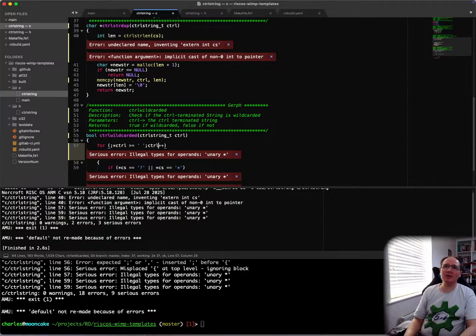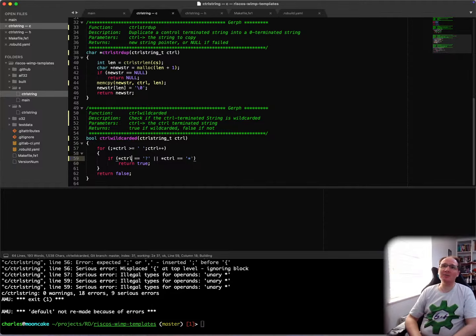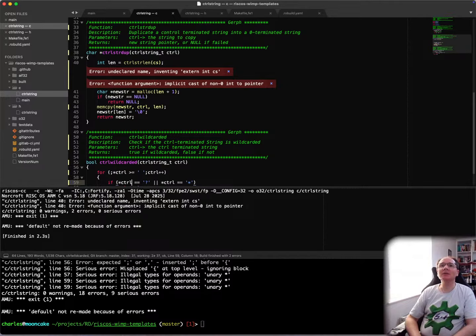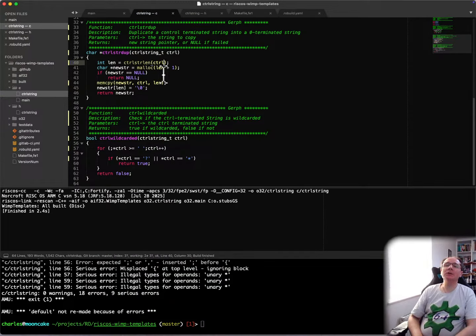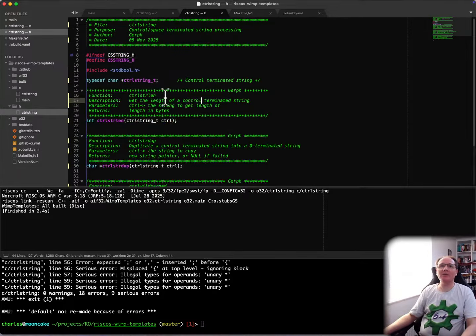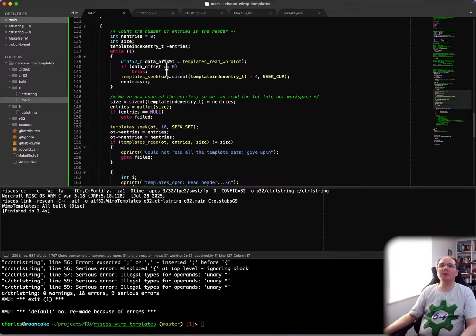This is where a modern editor, where I can just do a refactor, would actually be a lot easier. Just rename all that variable, but yeah, no matter. Undeclared name, yeah, because it's not called CS. Okay, cool, that's built. So now if we go back to the main function, so here's where we've copied things